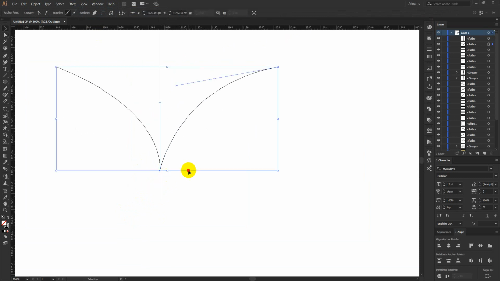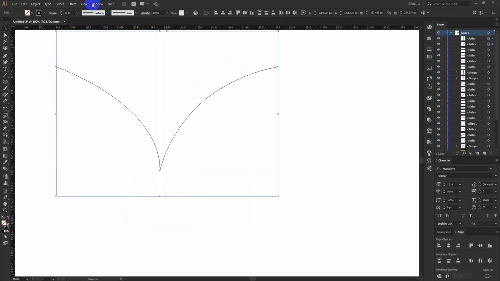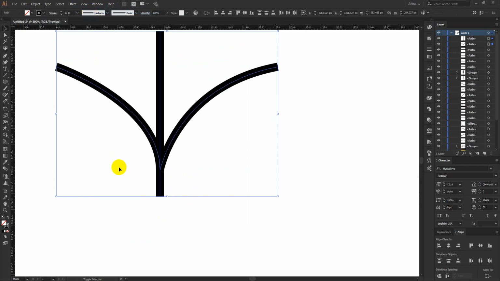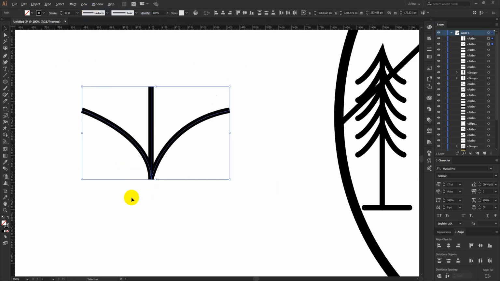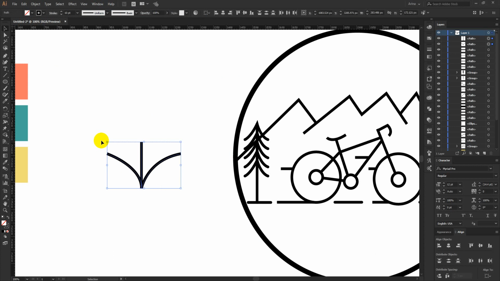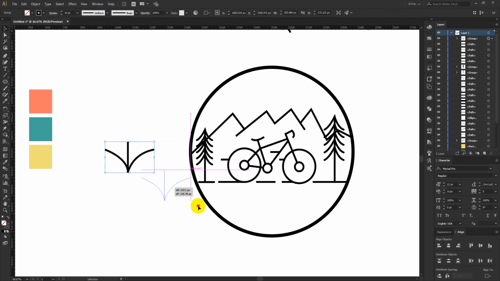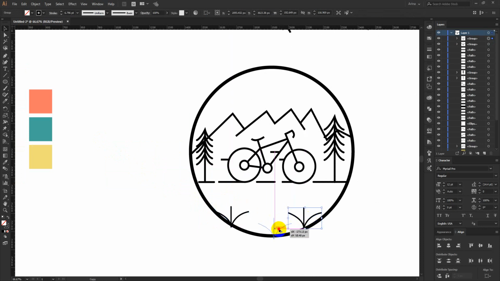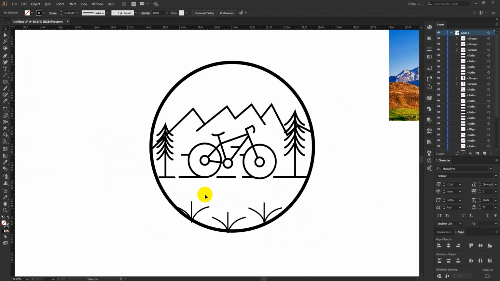Yeah, that is good. Just make them a group here. These are just for filling up this space here. Okay, so now I need to add my text here. So I am going to select my ellipse and make that a similar size.